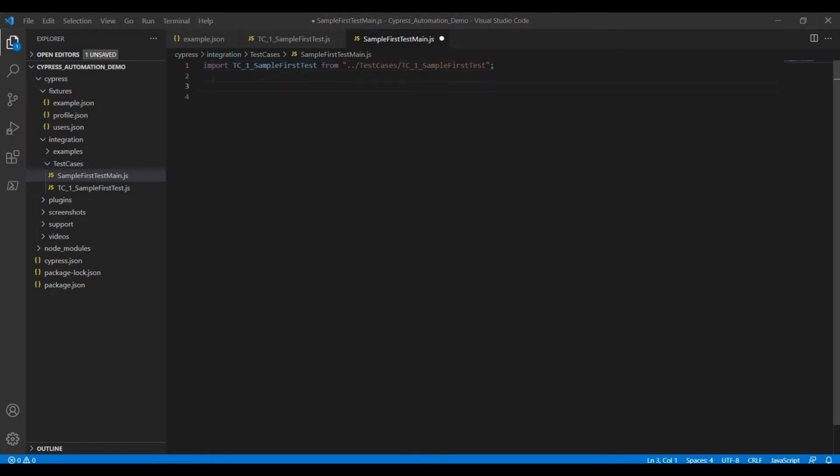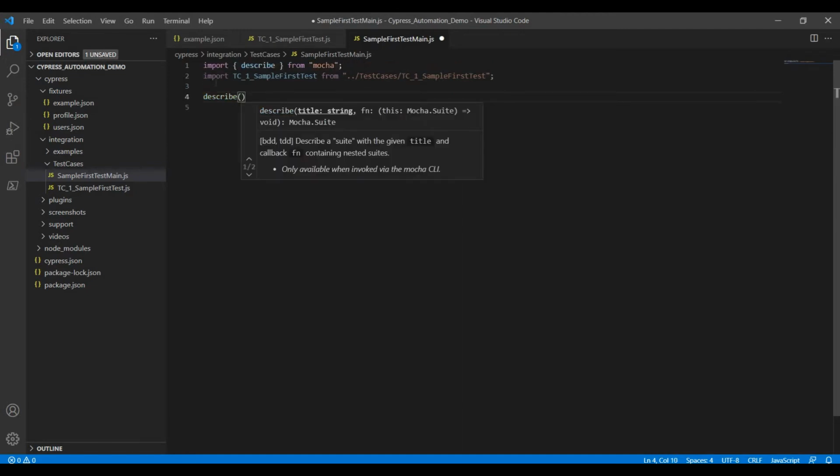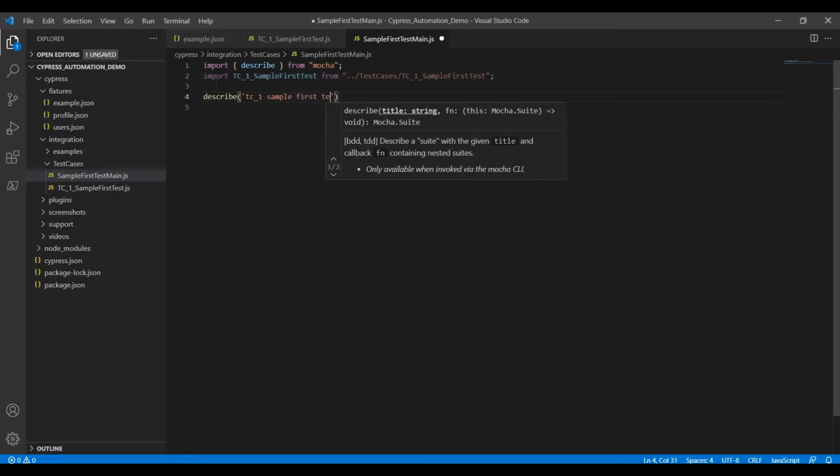Okay, next we have to define the function. So describe, then we have to add some string value, whatever it is. I just gave tc1 sample first test.